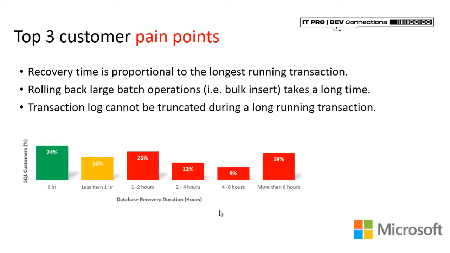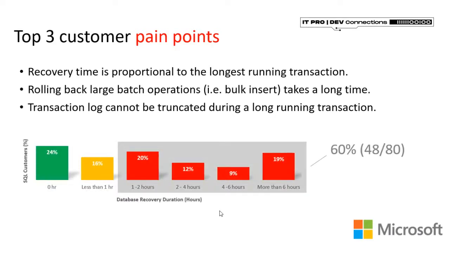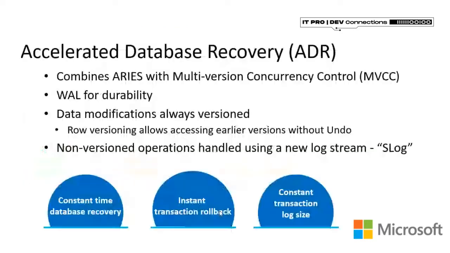Many of them reported, actually 60% reported they have experienced more than an hour of downtime due to recovery in their production workload. So, again, when we're striving for 5 nines of availability, we really need to get away from this experience. So let me now introduce Accelerated Database Recovery, which is our new recovery scheme that combines what we described so far, ARIES,